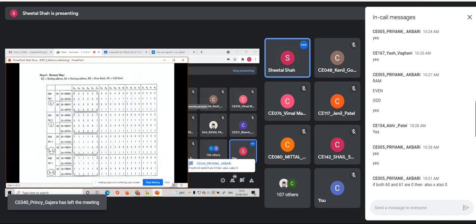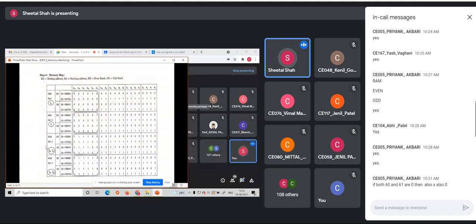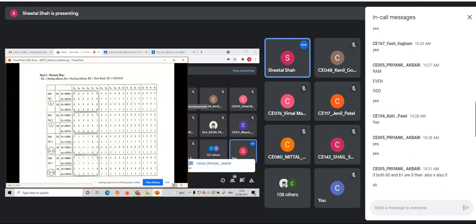See, it is a decoder. In the decoder, only one of the outputs would be 0, whereas the rest of all would be 1s. Priyank, is it clear? Got it, all of you? In the decoder, if I'm having a 3x8 decoder, depending upon the inputs I provide, if it is an active high decoder, only one of the outputs would be 1, whereas the rest of all would be zeros. No two outputs at the same time would be 1.